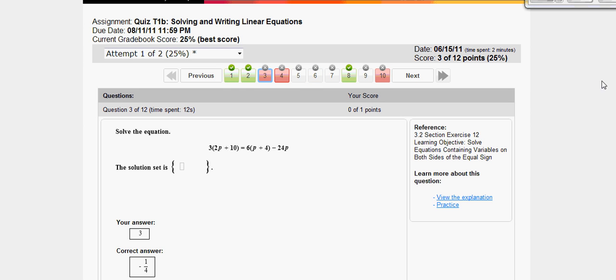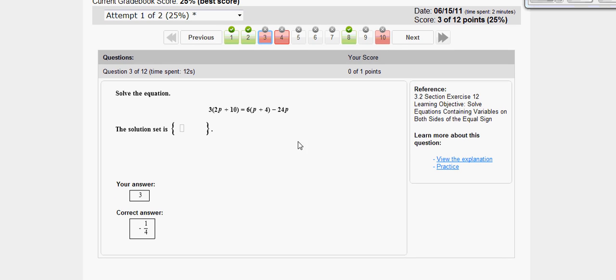Click on it, and what you'll see here is that it doesn't show me how to do the answer. It shows me what my answer is, and it shows me what the correct answer is. It doesn't show me how to do the question. So right over here on the side where it says view the explanation, and this works the same way for a homework assignment, and I'll show you that in just a minute, okay? So I click on view the explanation,